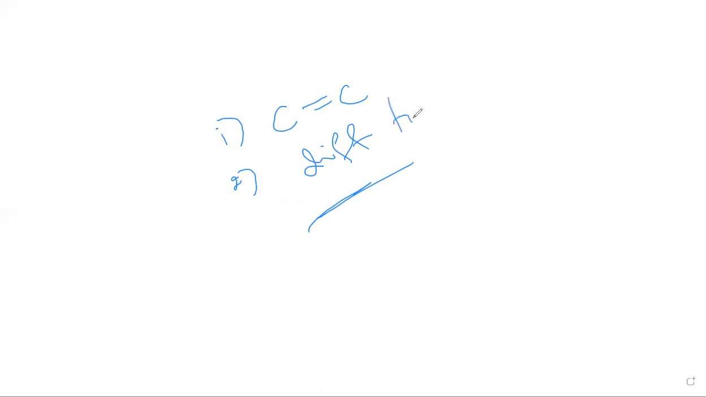The two atoms or groups of atoms attached to each carbon must be different. Then they can exhibit geometrical isomerism. So geometrical isomers, this phenomenon is called isomerism. Not only this, if you can take any compound like